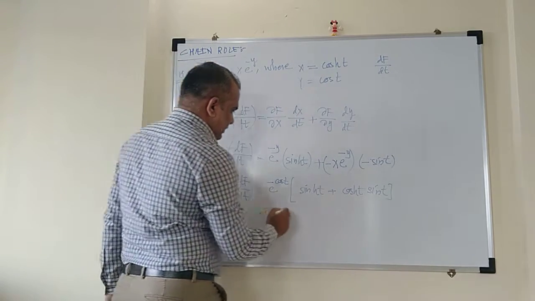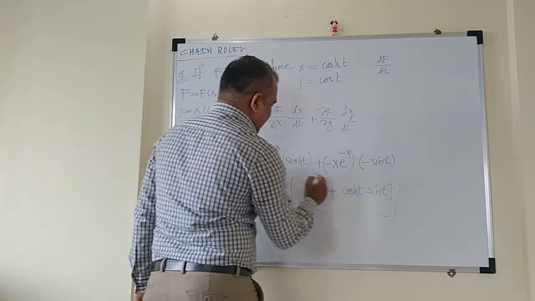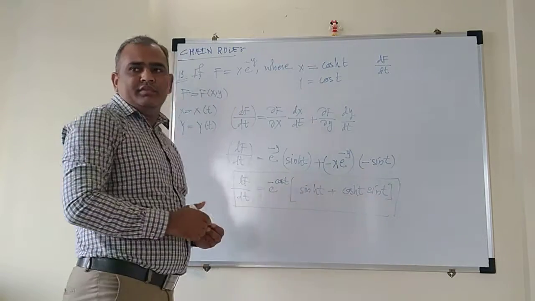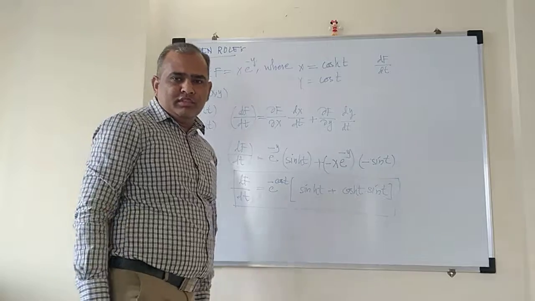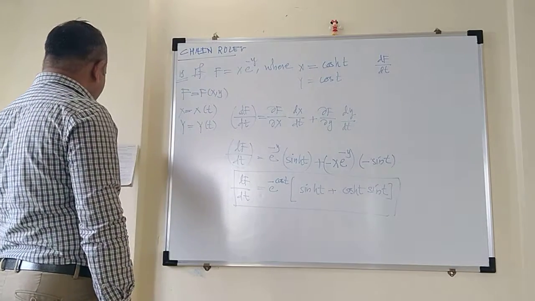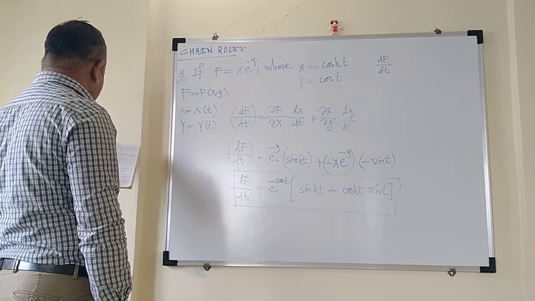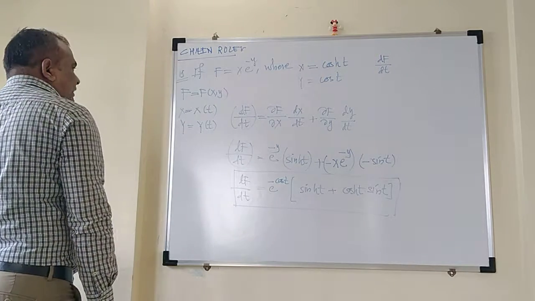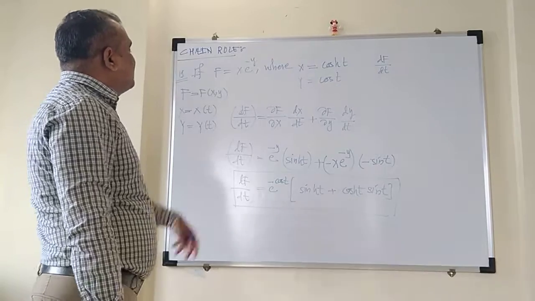You can find out the answers of the problem by using chain rule in this way. Hope you have understood this problem also. You can solve a number of problems. You go through the unsolved problems. I think you can easily solve the various problems. And so this is all about the chain rule and problems.